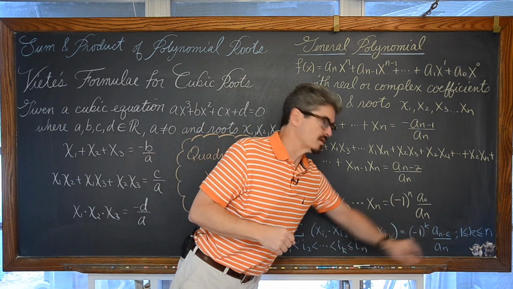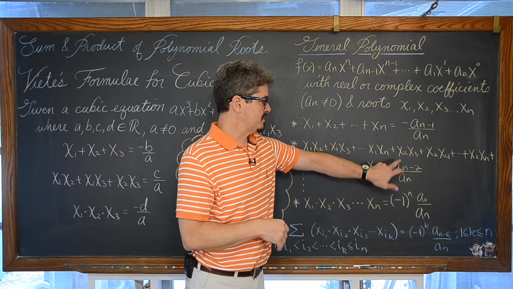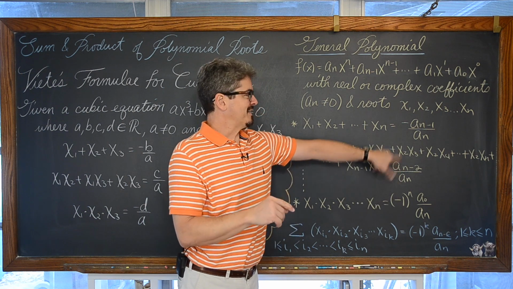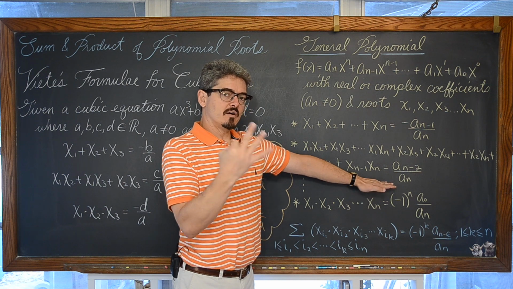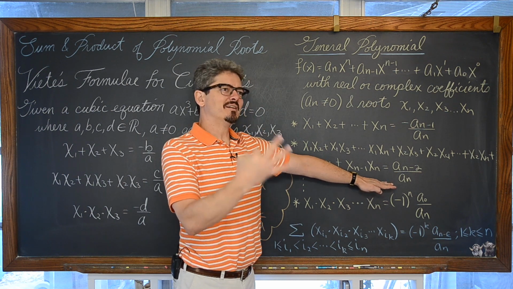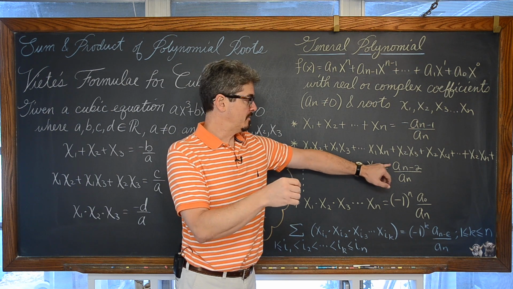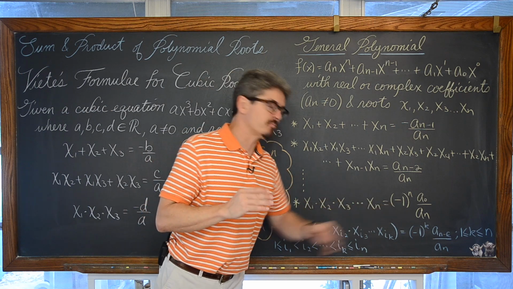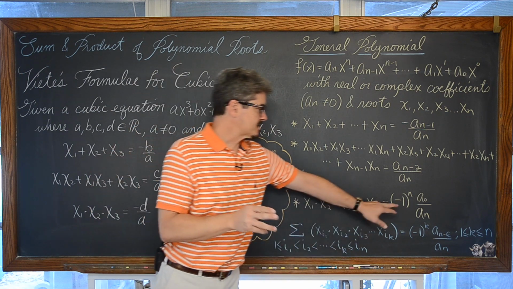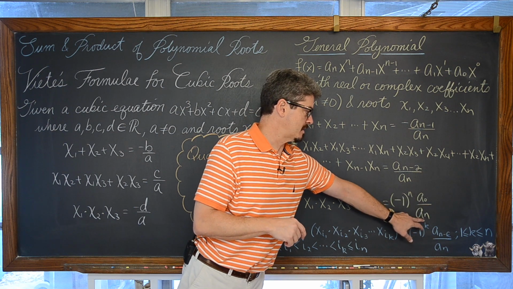You'll see this in our final general formula down here in blue, and something's happening with our signs. We're going from negative to positive. So if we were looking at the sum of the multiplication of 3 of the roots, you'd have a negative here in front of our fraction, until we get down to nothing but just a straight product of all of our roots. That's going to be negative 1 to the nth power over a sub 0 times a sub n.